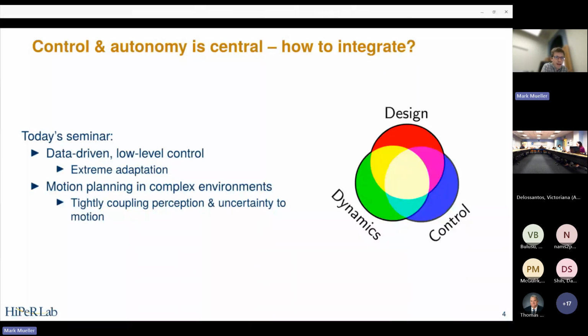In depth. So the first will be on some work that is trying to create a controller for adaptation to very large parametric uncertainty in the system. And this is a data-driven control approach. And the second thing I want to talk about is some of our work on motion planning in complex environments,